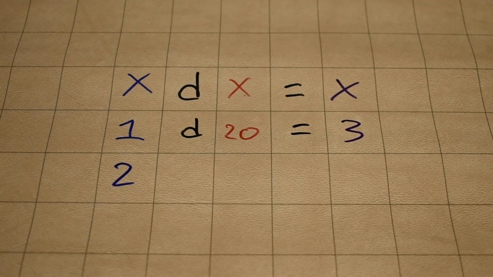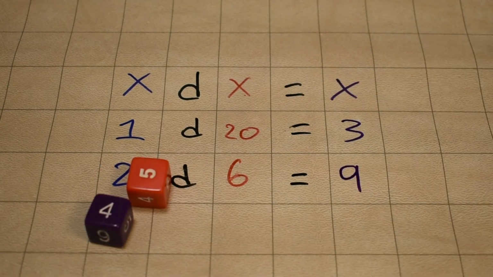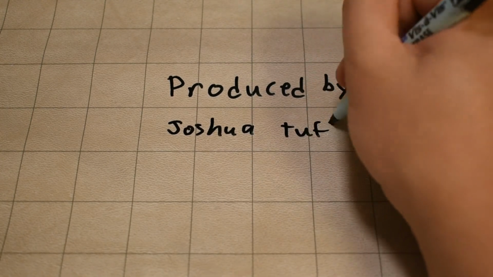However, sometimes you may need to roll multiple dice. So for example, it might have you roll 2 6-sided dice, and in this case, that turns out to be 9. Now that you've got the basics of the D20 system down,